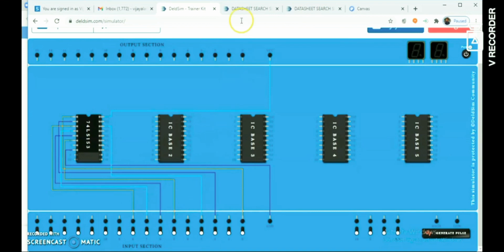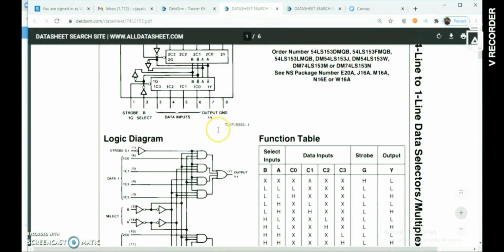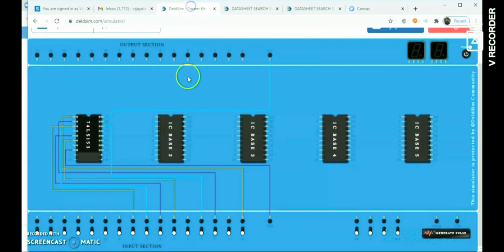Likewise we have made all the connections, and then we'll check for the output. Output is pin number 7, so let's make this connection. Pin number 7 we can connect to any of the output pins.